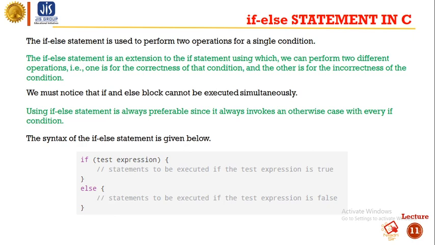As you can see, in our previous only-if statement there is no else part. If this condition is satisfied, only this one will be executed. If this condition is not satisfied, what will happen? That was not mentioned in the only-if condition, but in the if-else condition,